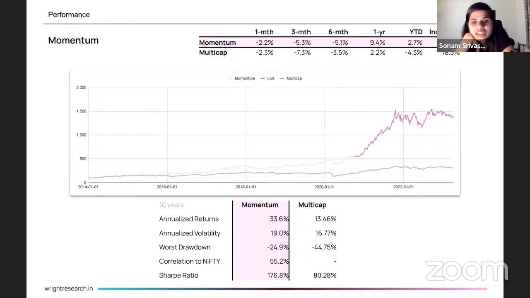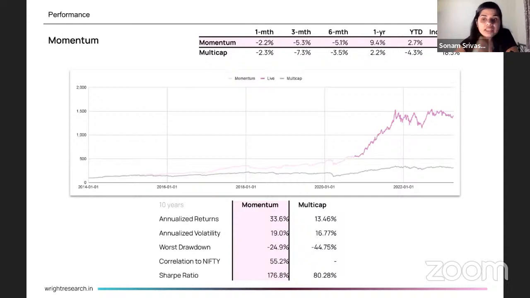At this point in the market, we all understand that the market will not move in a particular direction. If you are recent in the market and have only seen bull phases, then you might have been surprised by the current market. But it is very normal for the market to go into long-term volatile phases or into long-term bull phases. And momentum is a very tactical strategy. It is chasing trends, right?